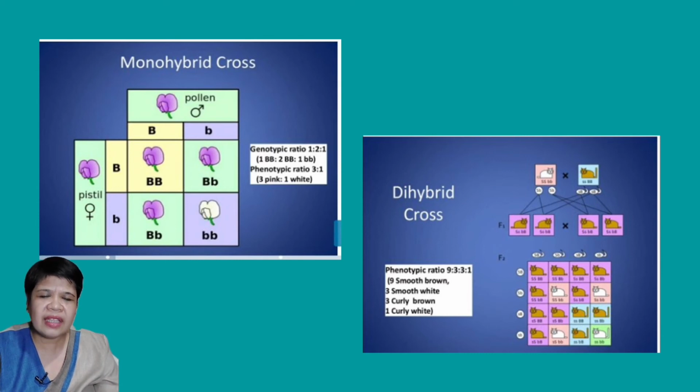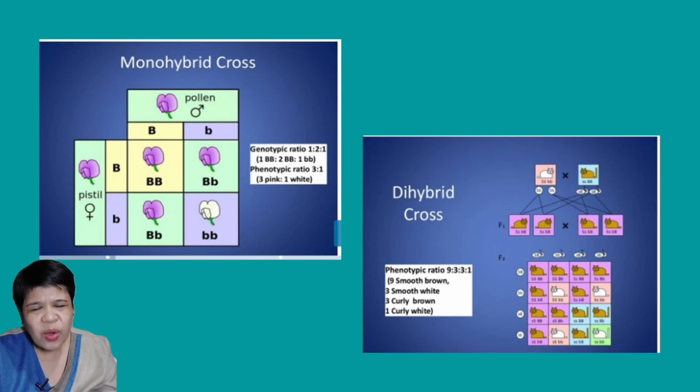A dominant trait like round seed, for example, is represented by capital letter R, and a recessive trait like wrinkled seed is represented by small letter r. As we mentioned earlier, alleles are pairs. For example, two capital R, ano tawag again? Homozygous, pagka dalawang dominant. Kapag isang dominant at isang recessive, isa ay capital letter at yung isa ay small letter, we call that as